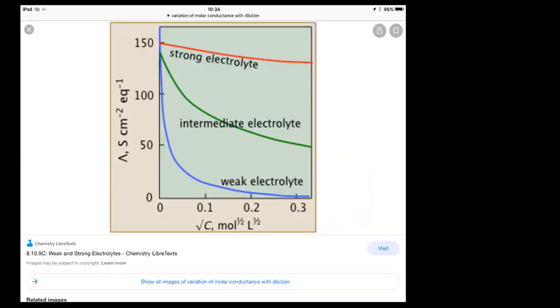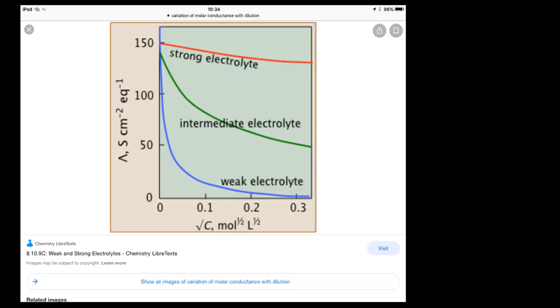Just to revise the entire thing, let me tell you that in this chapter, that is conductance in electrolyte solutions, we have done 4 kinds. First is the conductance by itself. What is conductance? It is the reciprocal of resistance, and conductance means the ease with which the current flows through a solution. Then the next one that we do is the specific conductance, which is the reciprocal of specific resistance, and it is understood as the conductance that is offered by 1 centimeter cube of a solution.